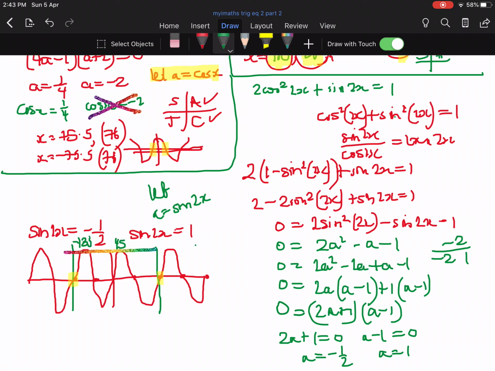How did I know that? Well, there is 180 and it's 45 down from that. So if I want to do it using my CAST diagram,